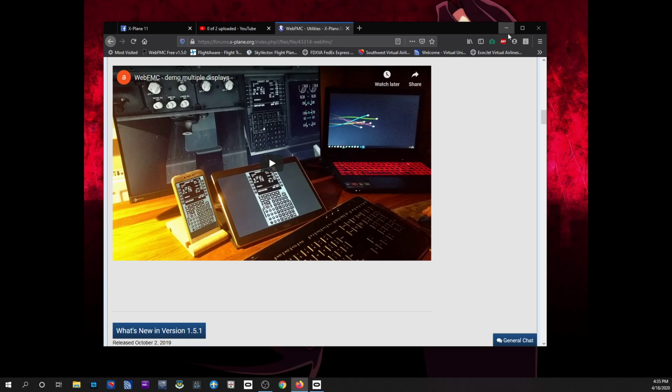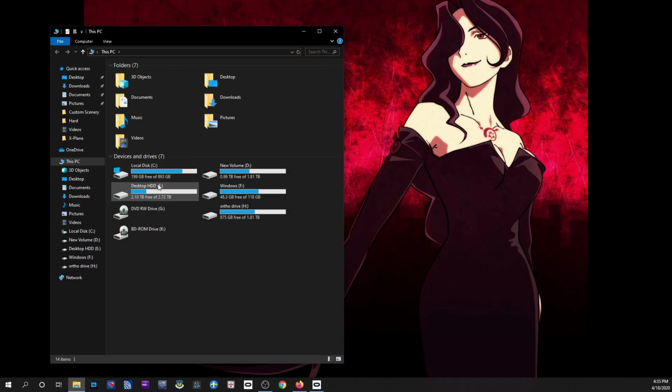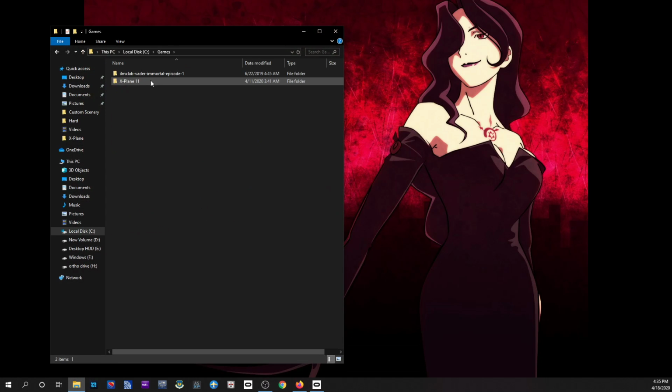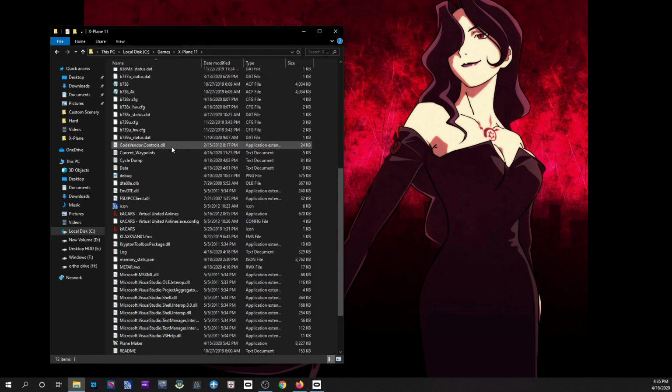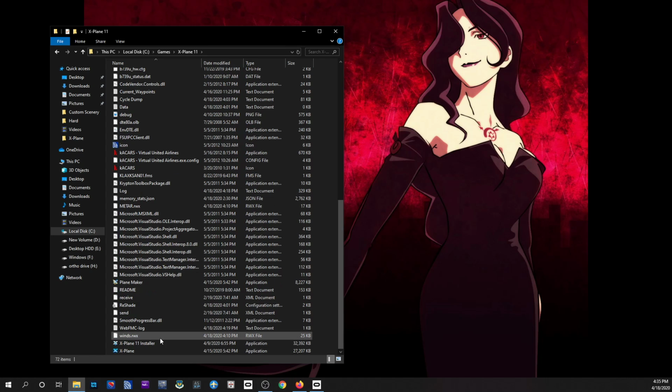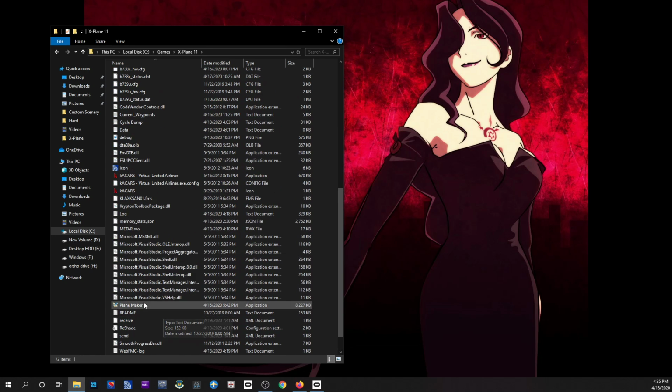So if you have an old plane, it's really simple. You're going to go to your X-Plane folder. For me, I have mine just on my C drive, Games, X-Plane. And here in the X-Plane folder, you're going to scroll down, and you should have Plane Maker. Let's see, where is it at? Yeah, Plane Maker. You can open up Plane Maker,